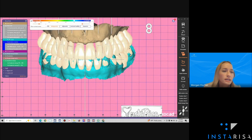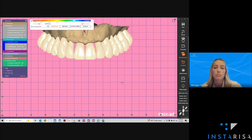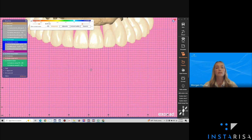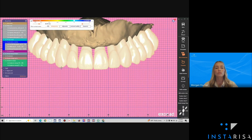So smile curve, like I said, we're just going naturally with this. The curve of Spee is going to go naturally with the lower lip line. So we have that set there as well. These guidelines are nice because they can guide us with the curve of Spee as well. So once I have 8 and 9 set right here, I'm just making sure that in the background lines, all of my other, my canines are also following these grid